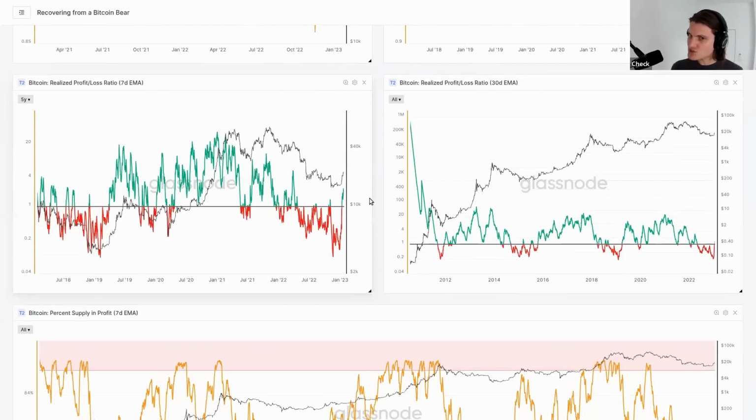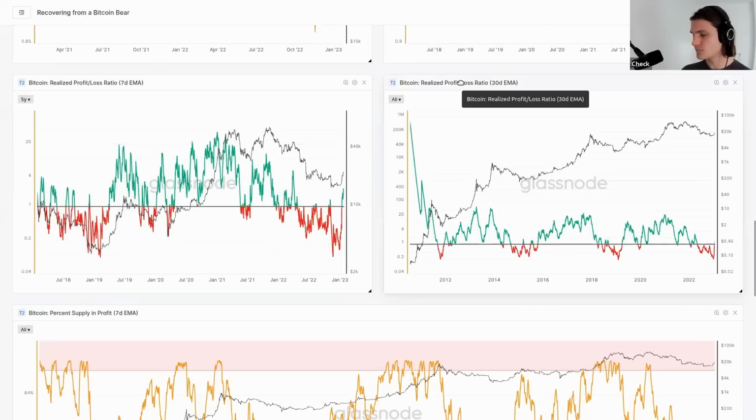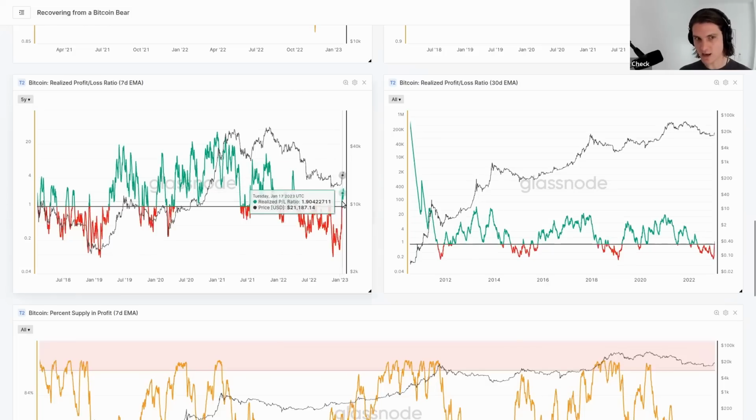Now, a very, very similar concept applies to the realized profit/loss ratio, the P/L ratio. Where SOPR doesn't care about whales and shrimps, they're all the same, it's just per transaction, this one is now weighted by coin volume. So what you actually want is both of these to trip over and say, hang on, we're now back above the 7-day EMA, and we are in the process of breaking above the 30-day EMA. So we're starting to get that momentum shift.